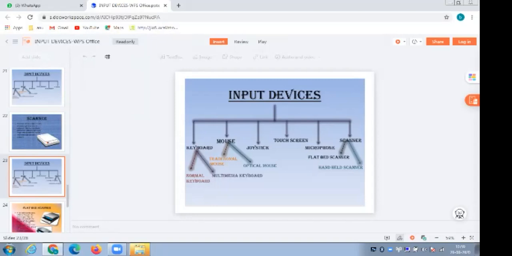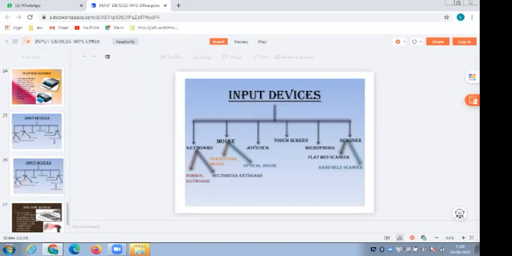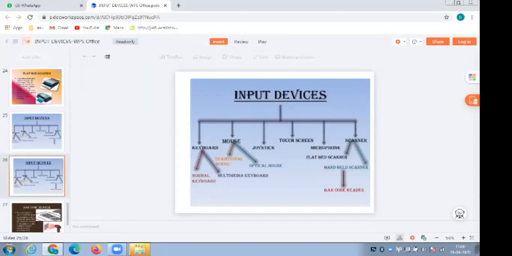Next, coming to the joystick. The joystick is what we use in computer games, which is like a lever that can be moved to and fro. The joystick also has 2 buttons, so that when we press the button, the pointer goes to where we need to move. So this is a joystick. And the next input device is a touch screen. When we point our finger on it, it shows the place to be pointed at, and it gives the data needed to be executed on the monitor. That is a touch screen.